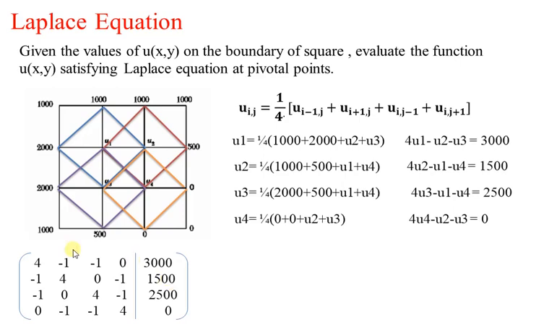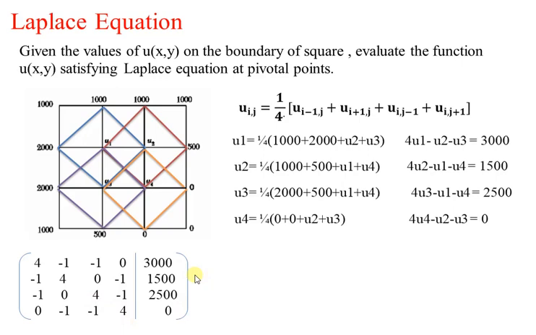While writing the equations in matrix form, remember that 4 is the coefficient of u1 in the first equation, then the coefficient of u2 in the second, then u3 in the third equation, and u4 in the fourth equation. So you get the 4 values at the diagonal terms. Students often make the mistake of writing the 4 in the first column. That is the wrong method. You need to take proper care when writing this augmented matrix form, so that you get all the 4s in the diagonal terms. Now by solving this matrix, you get the solution.